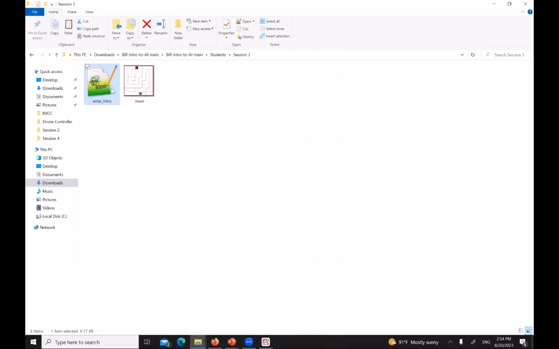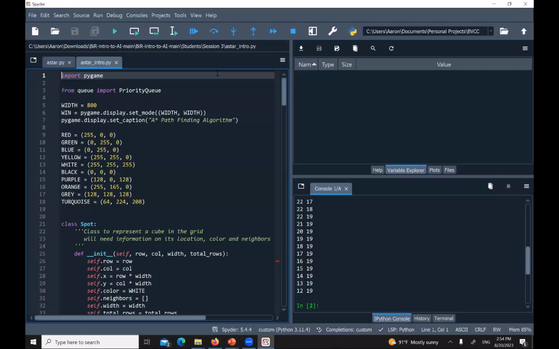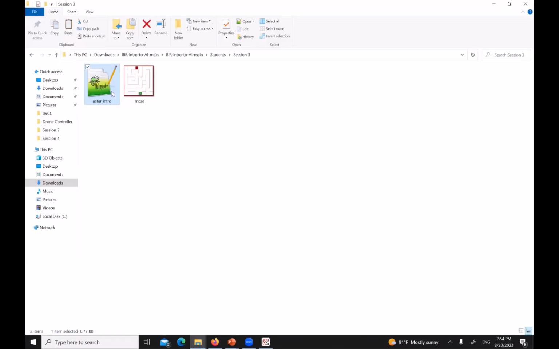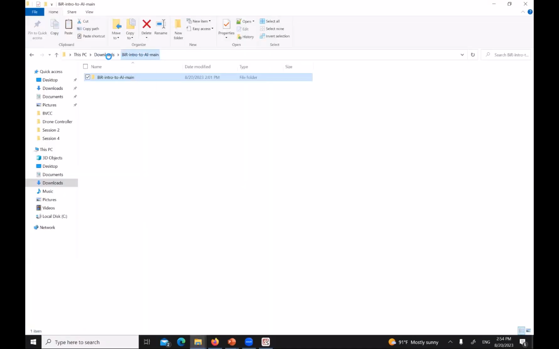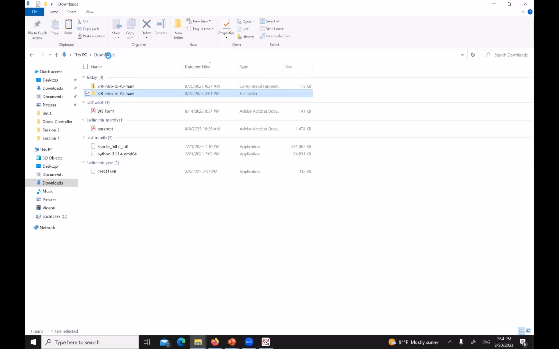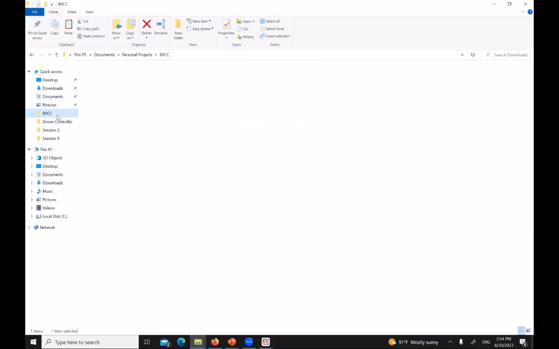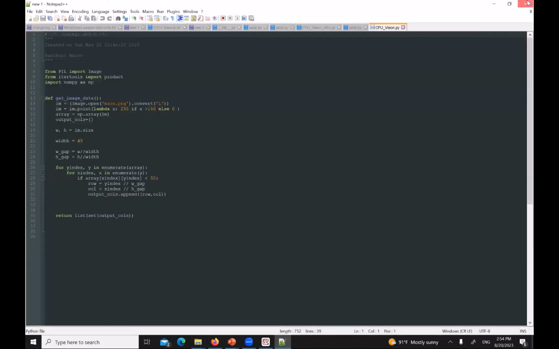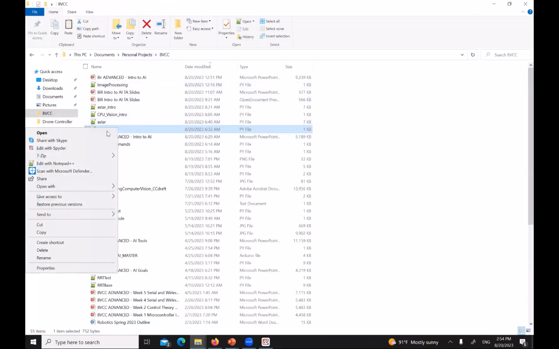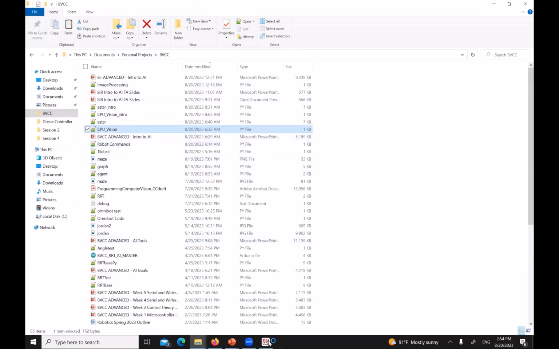And so for your final session, which would be session 4, we actually have a second function, and it's called CPU vision, or computer vision. No, it's going to open it. I really need to reset my default app for that. So what CPU vision is going to do